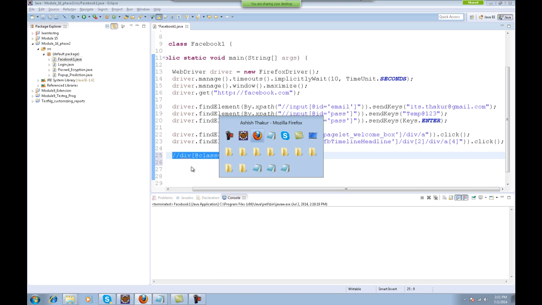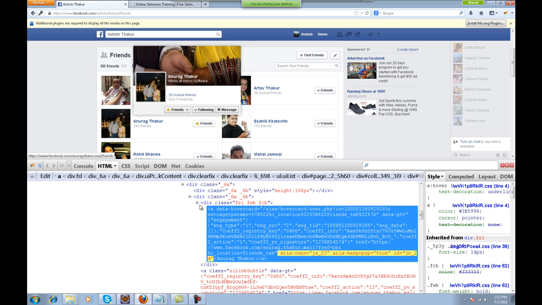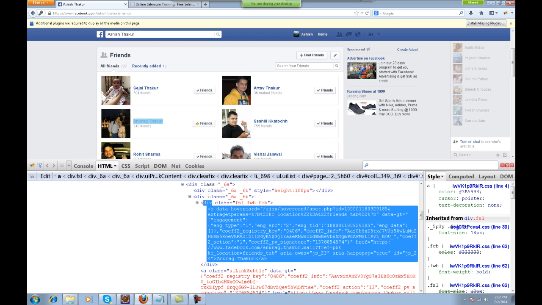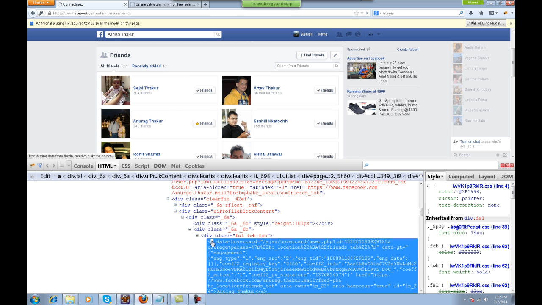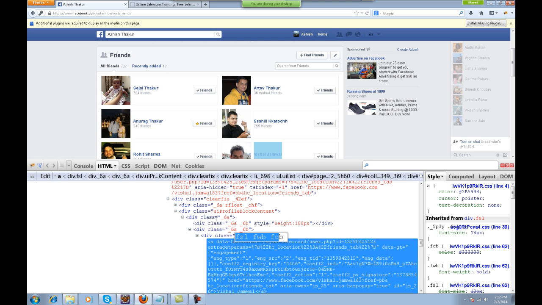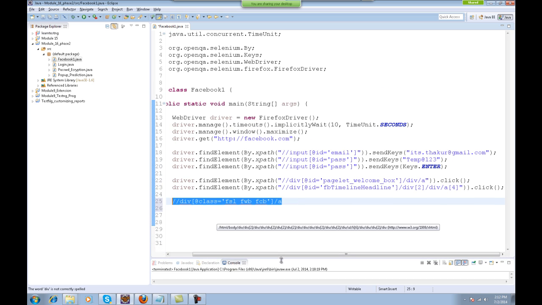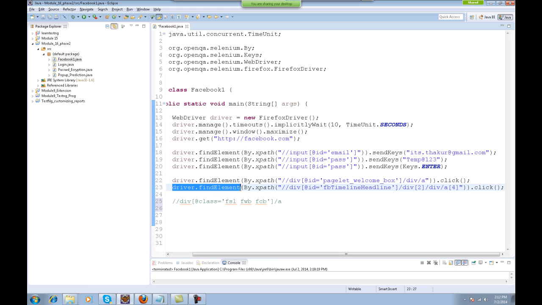Rather all the friends, if I look at some other friend as well, all the friends would be a division with this class and under that there is a link. Fine, so this XPath which I have made will be common for all the friends which I have, right? So I can extract all the friends which are visible currently without scrolling down.